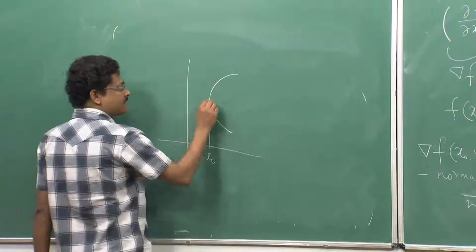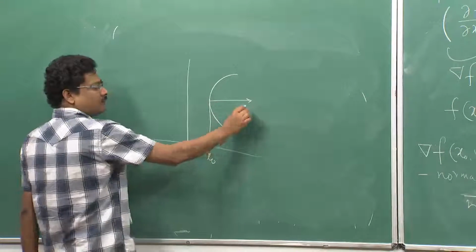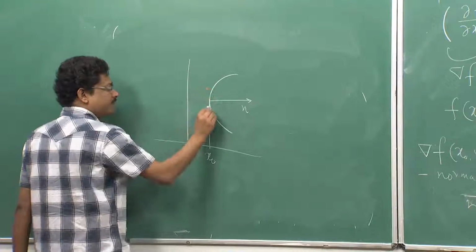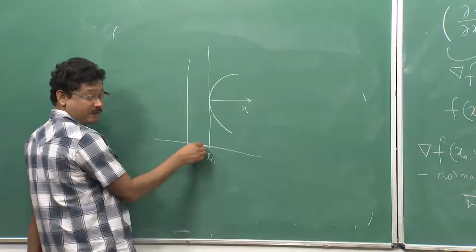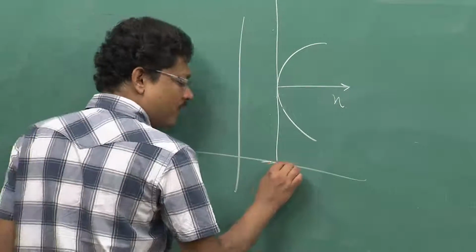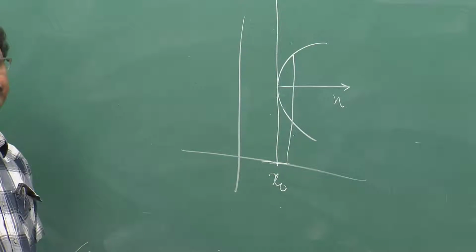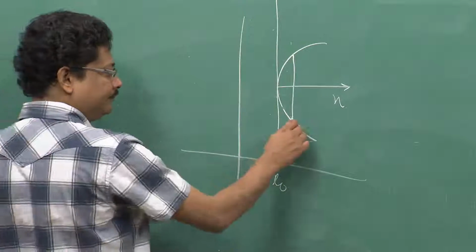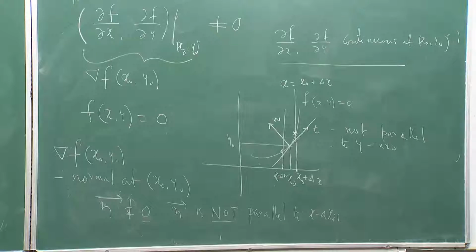This normal is the outward normal this way. So, the tangent is this line itself. Now, if I move from x naught, moving this side does not make sense because there is no portion of the curve. If I move this side, any point you move, you will always have 2 points on the curve. So, you cannot decide y uniquely. So, that is the geometry of the implicit function theorem.